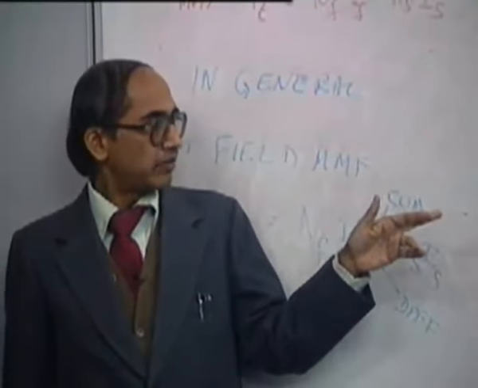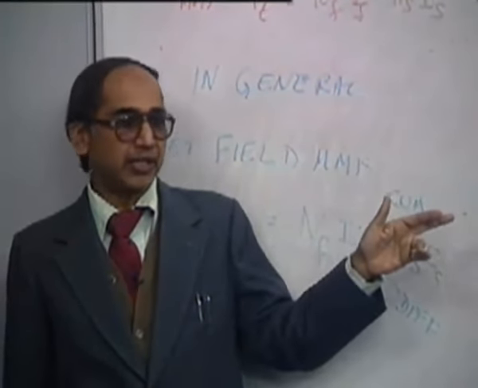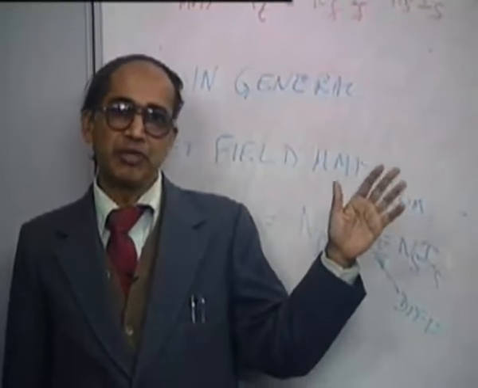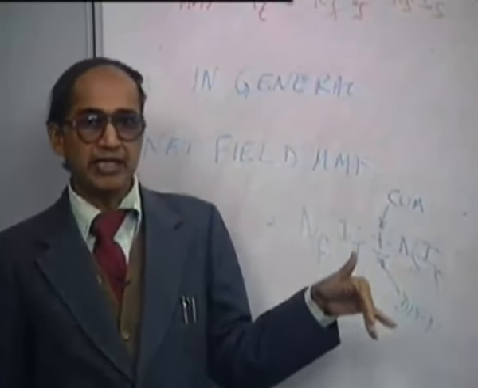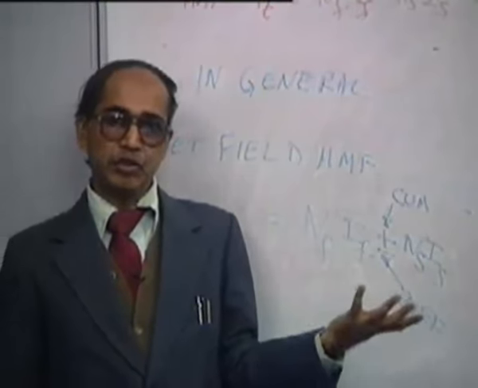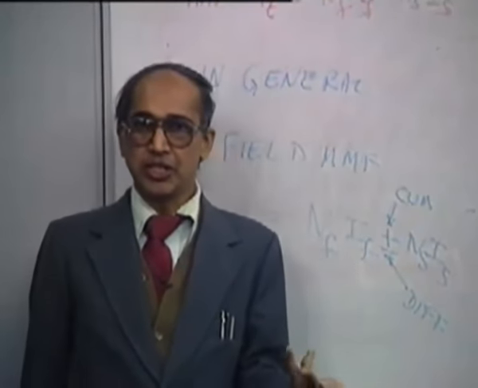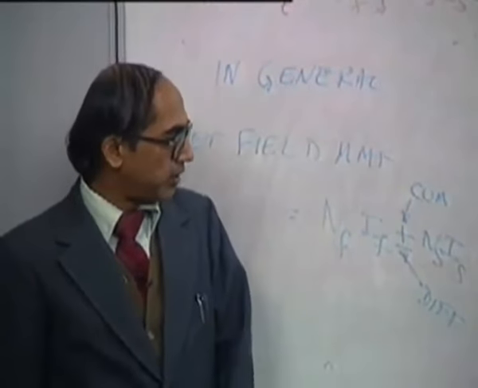So in both cases you don't want to have much losses in series and shunt windings. The loss in the series winding will be I square R in the series winding, and the loss in the shunt winding will be V square divided by R. Therefore, the shunt winding must have very high resistance and the series winding must have a low resistance. So to identify them, you just measure the resistance of the series and shunt windings to identify which one is the series and which one is the shunt.